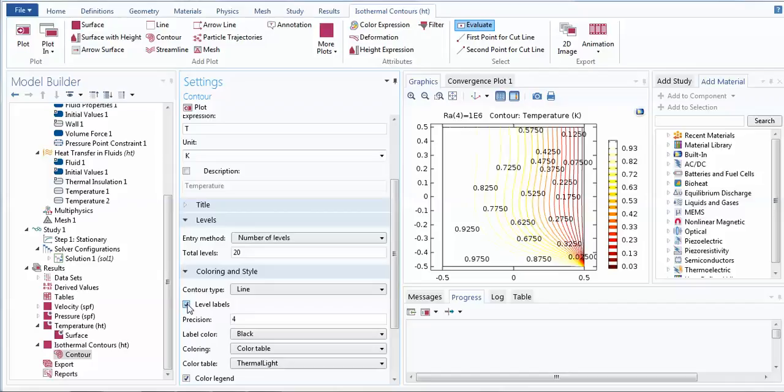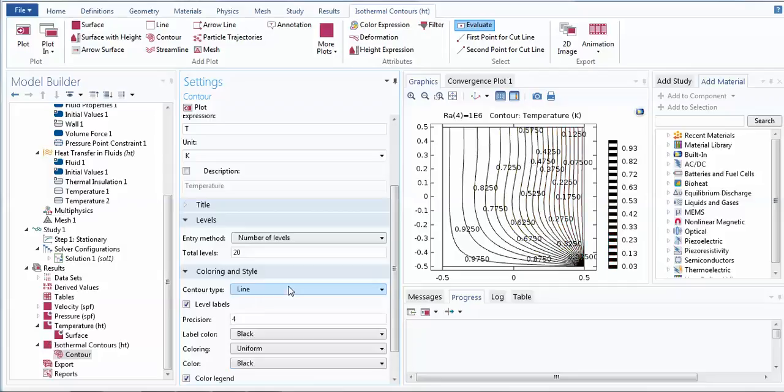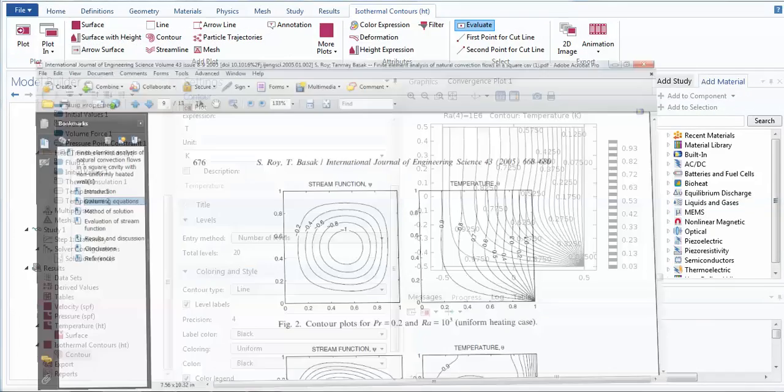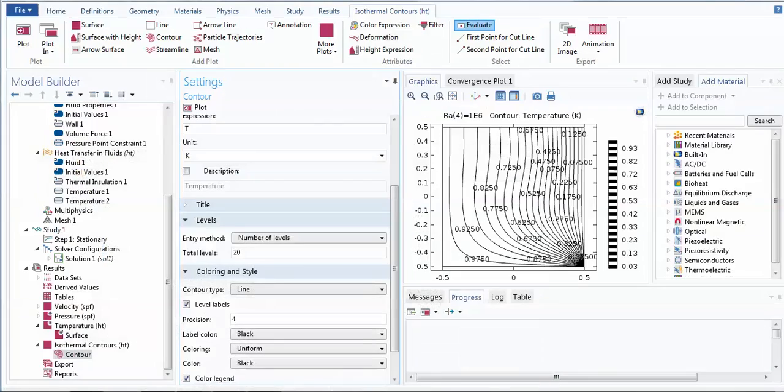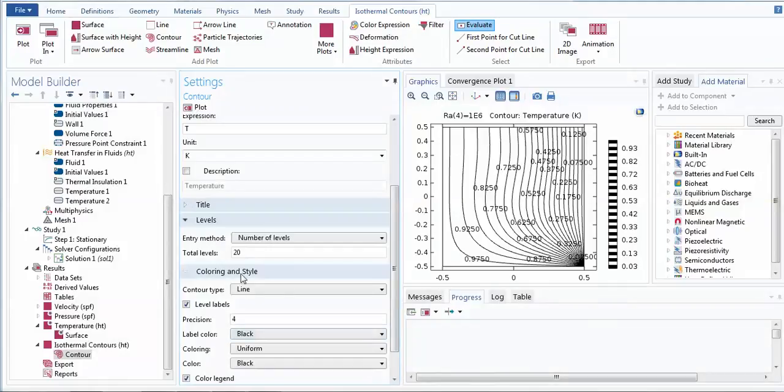So I'll go for the option called level. When you click on this, you can see that the option is now mentioned here. If you wish to change the color, you can change the color. You can even use the black color. Yes, now this is it. Now it seems that this is not the same, but I'll just confirm whether it is the same or not for this particular case. So I can change the precision. The precision used is basically 4.